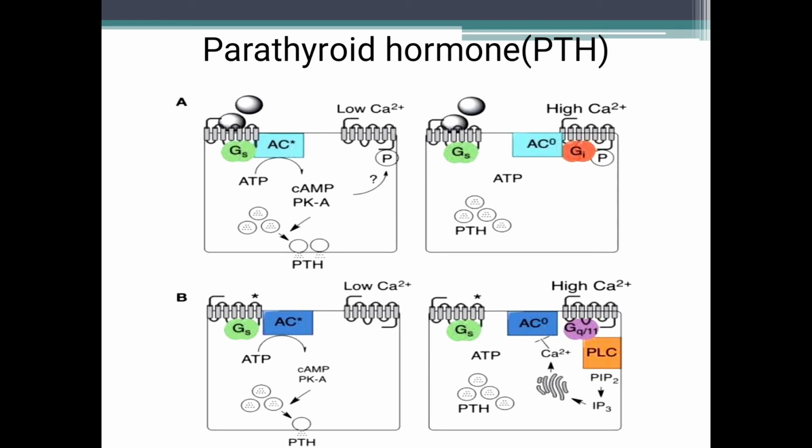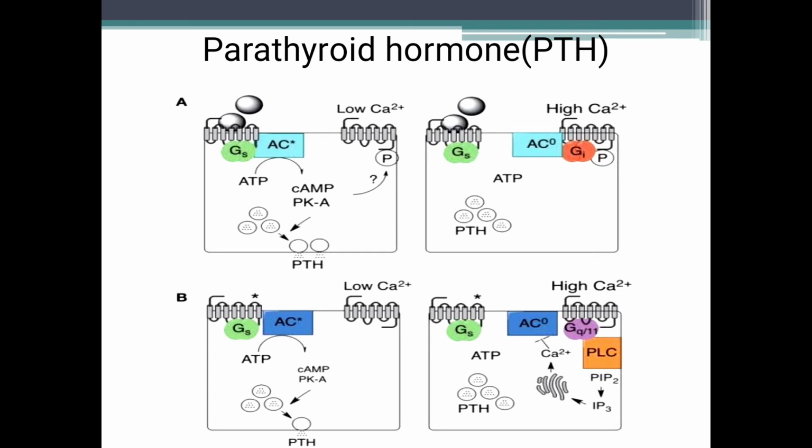It generates inositol triphosphate, IP3. High calcium, see the second picture, IP3, inositol triphosphate and diacylglycerol. This IP3 and diacylglycerol release calcium from cytosolic stores. So there is a release of calcium inside the cytoplasm, and this activates protein kinase C and then inhibits the PTH secretion. So there is no fusion of vesicles containing the PTH,